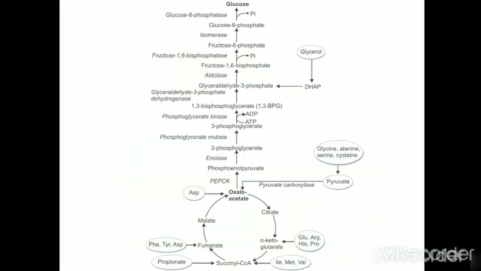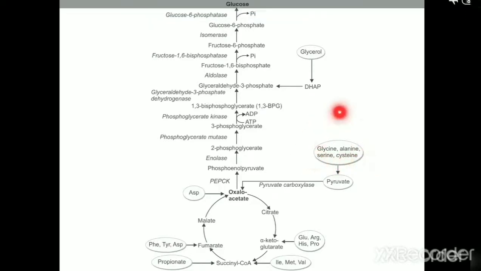In an essay type question, it is better to draw this flowchart. And while writing, just write the reactions mediated by the key enzymes of gluconeogenesis. And there are some questions like, draw the flowchart of gluconeogenesis starting from alanine as the substrate. So in that case, just draw this flowchart starting from alanine.